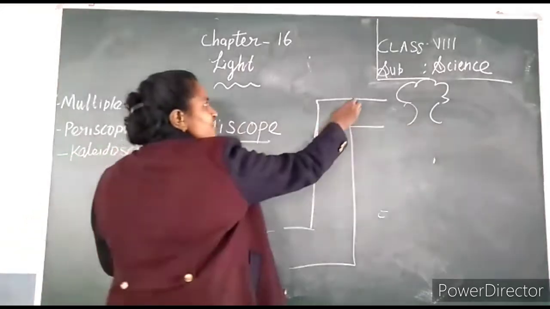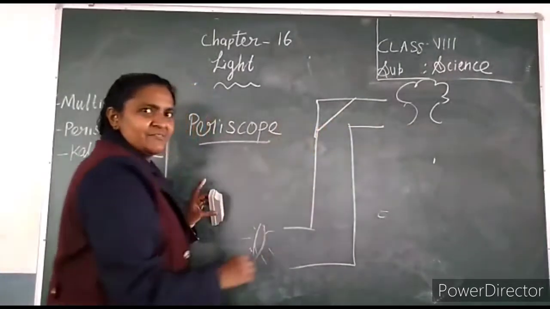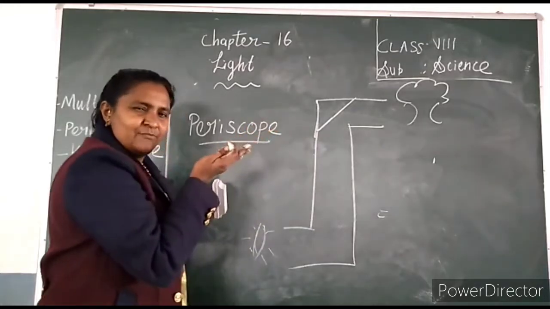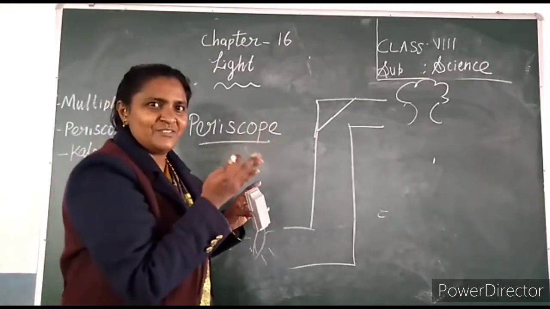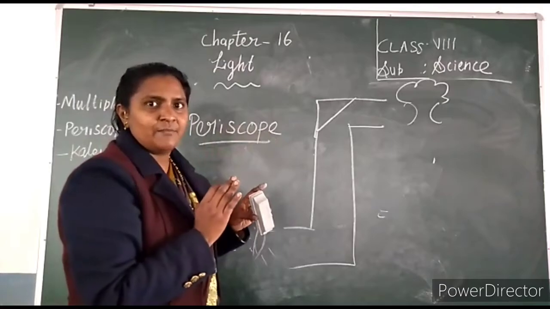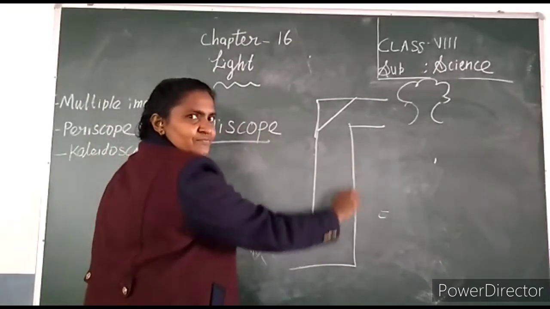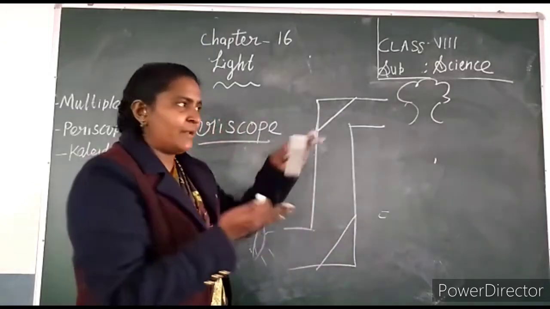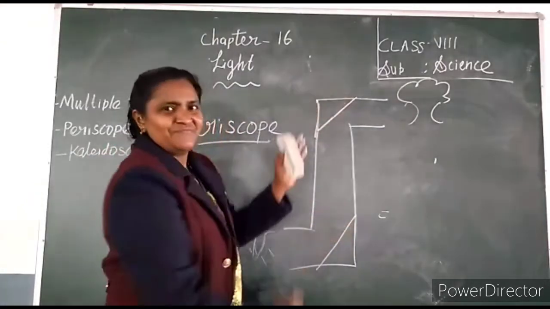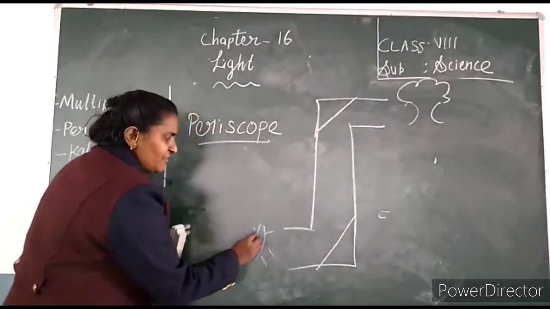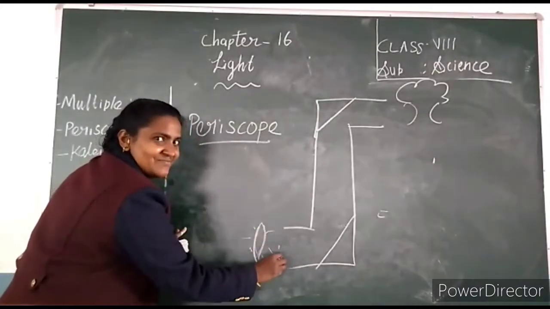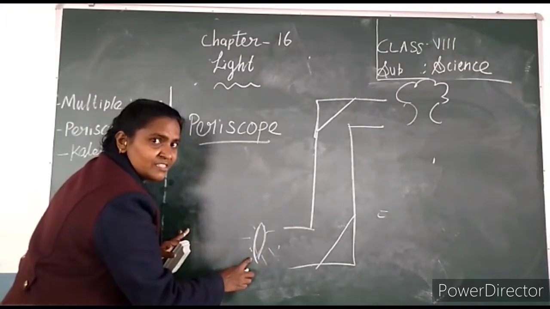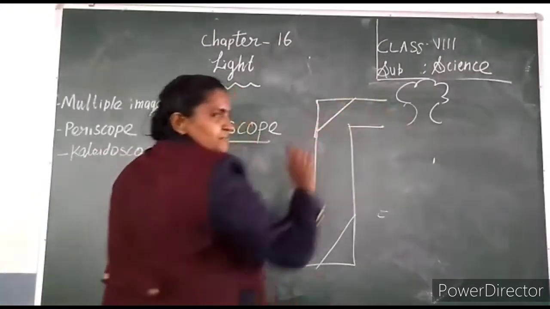Okay, here you are going to keep one plane mirror at a 45 degree angle. You position the plane mirror. This is cardboard, and here also you keep one plane mirror. Two plane mirrors are parallel to each other. Now we are going to place the object at this corner. From this end you are going to place an object. This object you want to see.